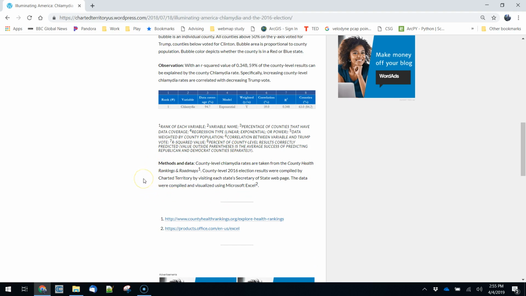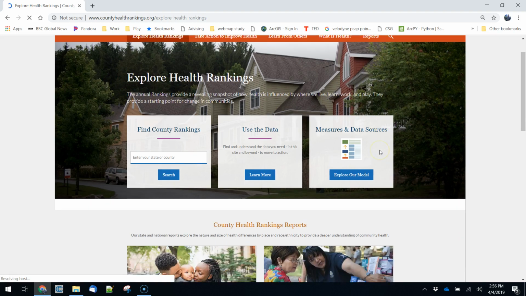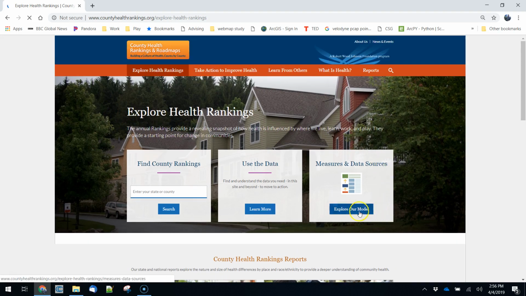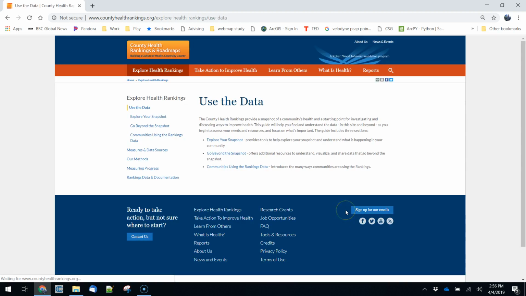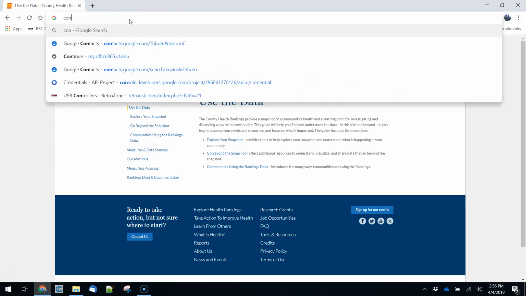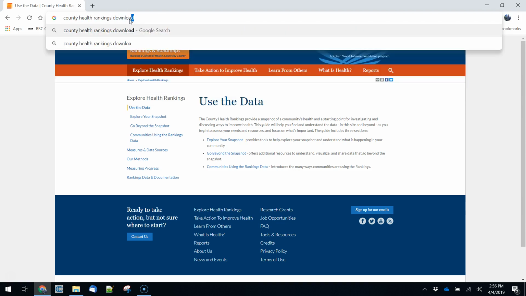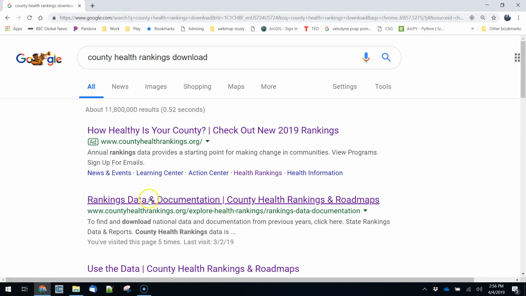we're gonna do it. We've talked many times about county health rankings. So this is an organization that takes it upon itself to assemble a lot of the data and then distribute it back out again. So you can kind of look through the website. I always have a hard time finding things in here, but if you just Google county health rankings download, you'll often go to the right spot here.